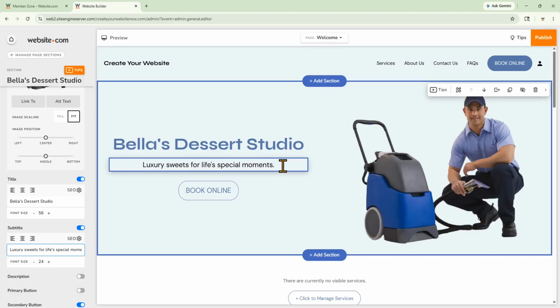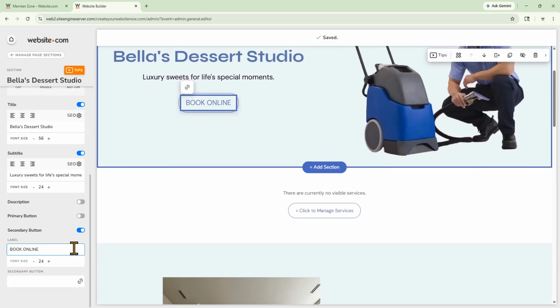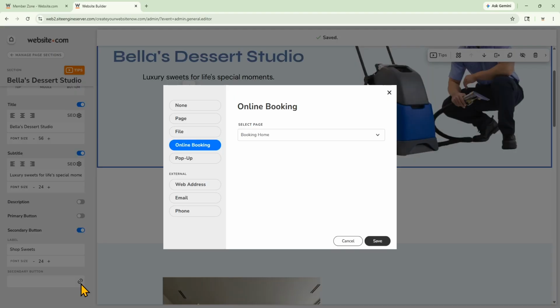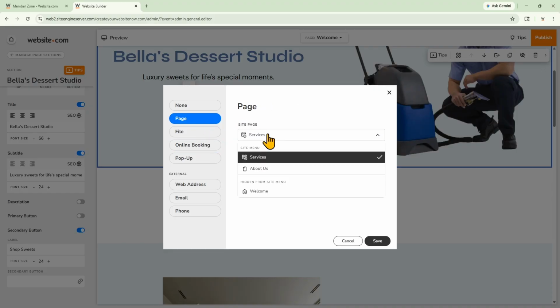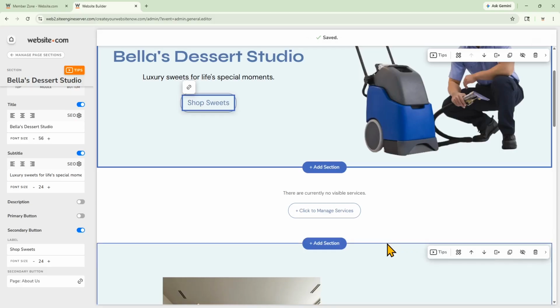Let's make the call to action obvious and clear. So I'll click right on the button. I'll change the label on the left. And make sure you do link the button to a destination. To do that under the button, just click this here. I haven't created the shop for this template yet. So for example, if I want to make it go to any of the pages, I can click page and then choose one of the pages to link it to. So that's just an example.